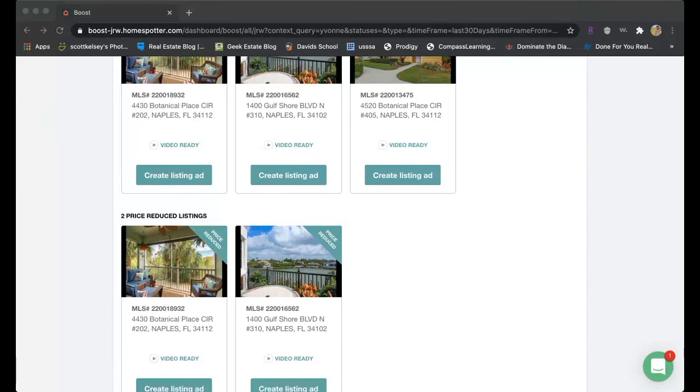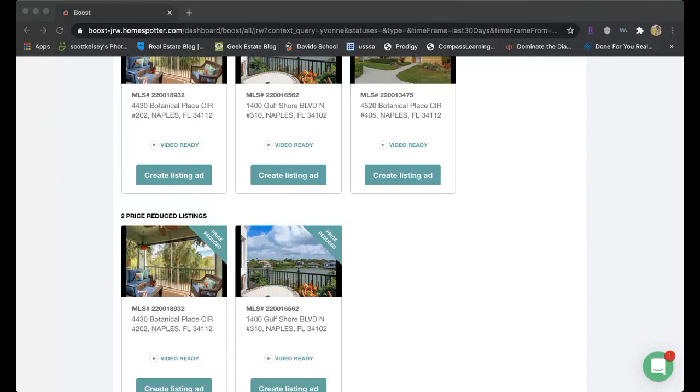When you're running these ads, if after 3 or 4 days you're not getting very many engagements, maybe change the photo out. The last time I sat in a presentation with Homespotter, they were saying that blue ads, meaning the sky's blue, the water's blue, trigger people to click on those ads a whole lot more.